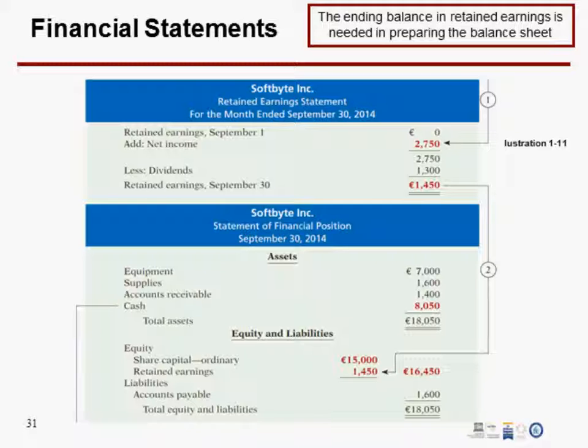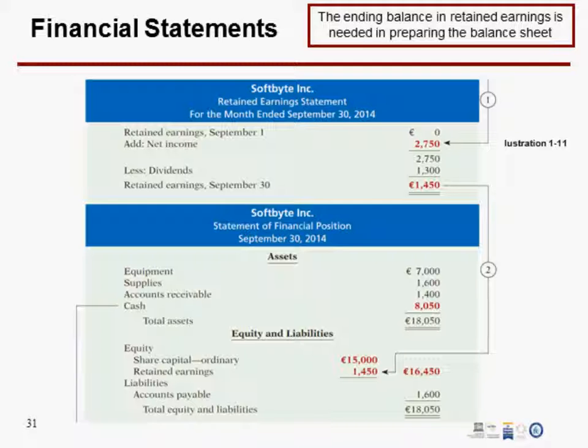There is a listing of all the assets you picked up from page 10 on transaction analysis: the equipment 7,000, the supplies 1,600, the accounts receivable 1,400, and the cash is 8,050. Add them all up together, the total assets is